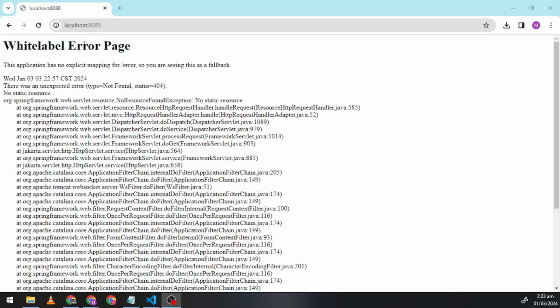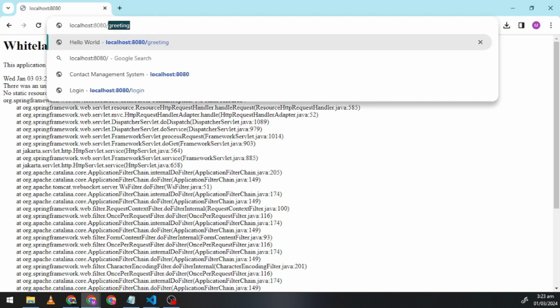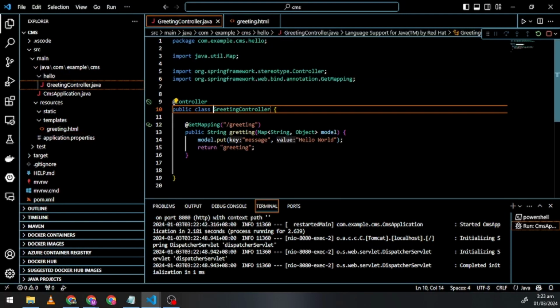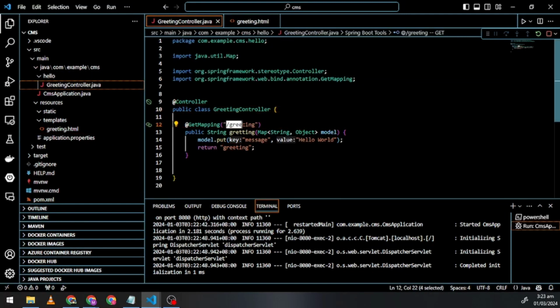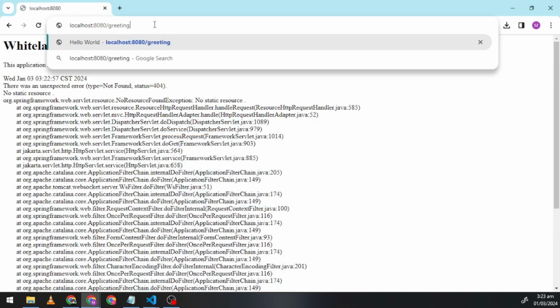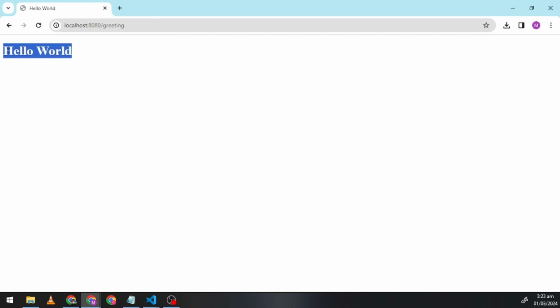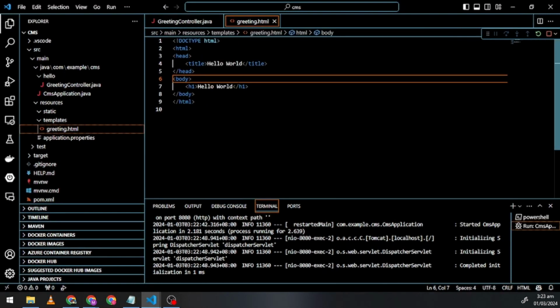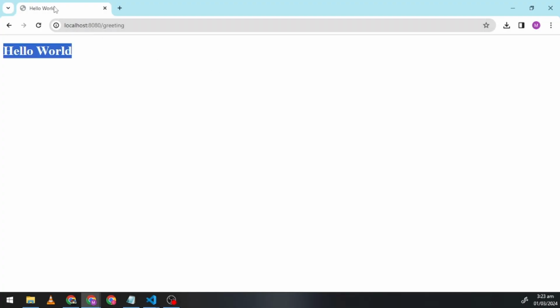So yeah, there's no mapping for localhost 8080, or we don't have an index, since our mapping here is on the greetings path. So we will be typing greetings here, and it will return the hello world display like what we typed in our HTML file here. So the title is hello world here, and the